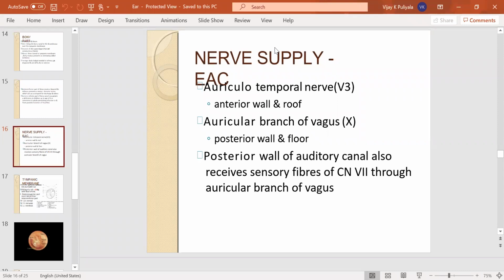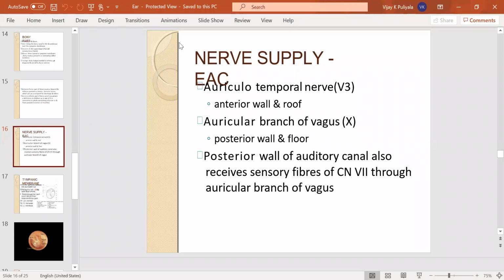Next, inflammation of the external meatus is extremely painful because here the skin is adherent to the surrounding structures. So any subcutaneous collection produces too much pain in the auricle and this external acoustic meatus. Sometimes toothache may also radiate into the ear as referred pain. So that is about the external acoustic meatus and the auricle.